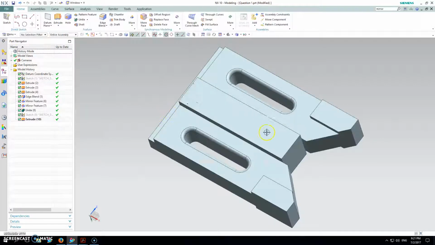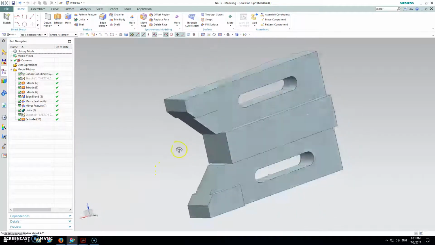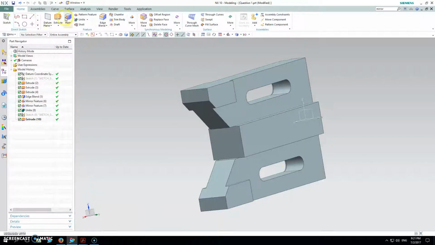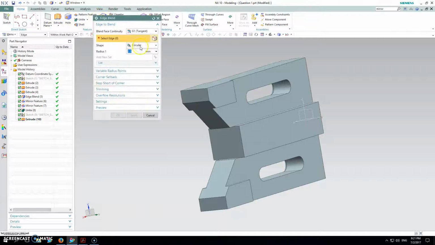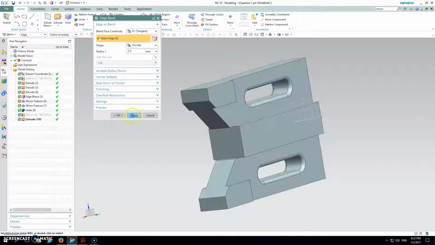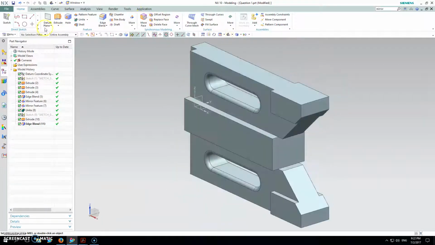So in this case, we'll see that we are short an edge blend there. Okay, so we can just select those two edges, add them,